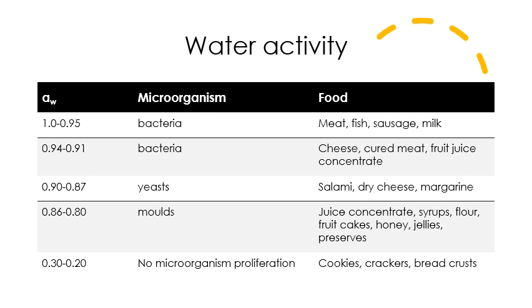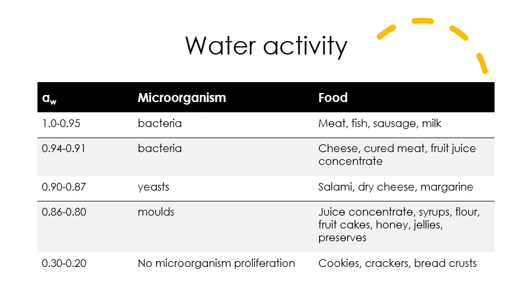Examples of products with this level of water activity include salami, dry cheese and margarine. Lower than that, lower than 0.87 down to 0.8, yeast no longer grow in this range, but mold can still survive. Examples of food with water activity around this range include syrup, flour, fruit cake, honey and